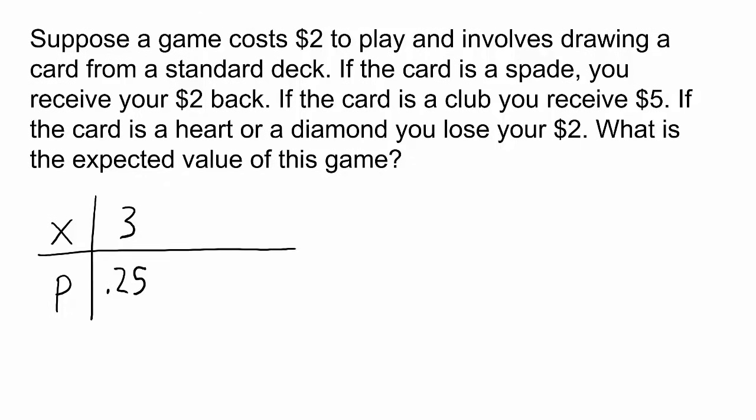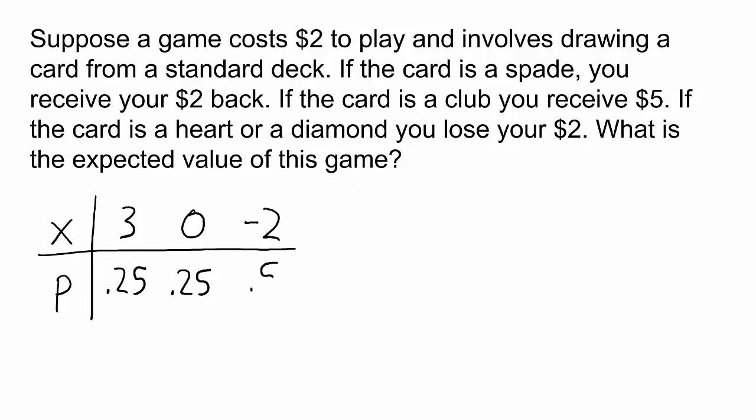If the card is a spade, you win your $2 back, so that's a net gain of $0. And since there are 13 spades in the deck out of the 52 cards, that also has a probability of 0.25. The last outcome is that you lose your $2 bet by drawing a heart or a diamond, so that outcome is -2 since it's a loss. There are 13 of each of those types of cards, so 26 total out of the 52, so that's a